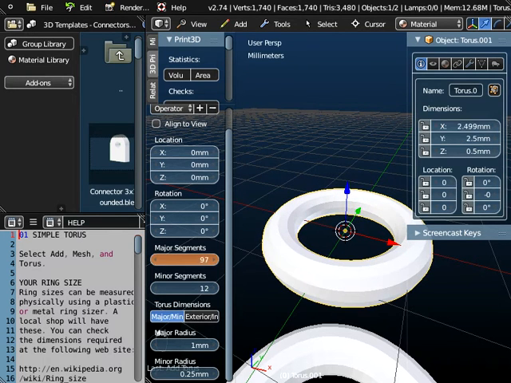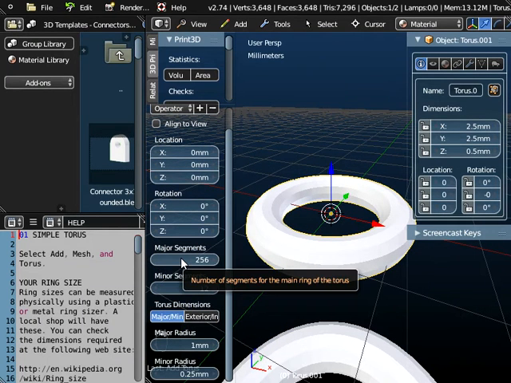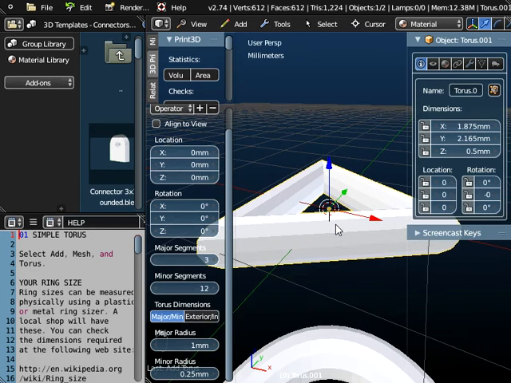Now the higher this value is, the more segments there'll be, the more rounded the finished object will be. The largest value we can set it at is 256. That will give you the smoothest surface finish in that direction, going around the object. If we set it right back low again, down to 3, and if we zoom in,